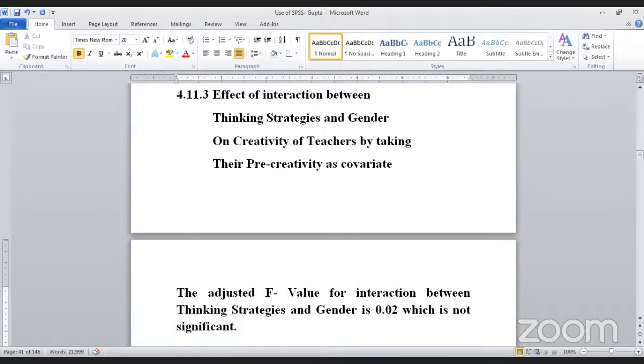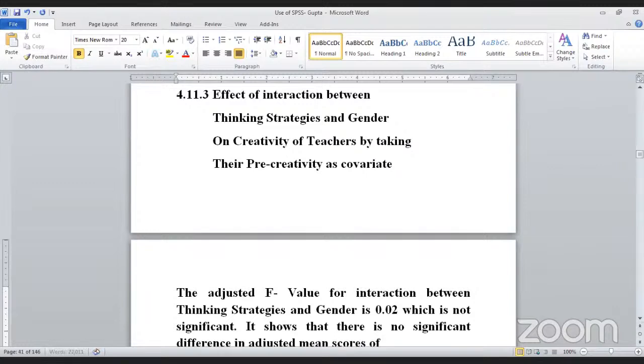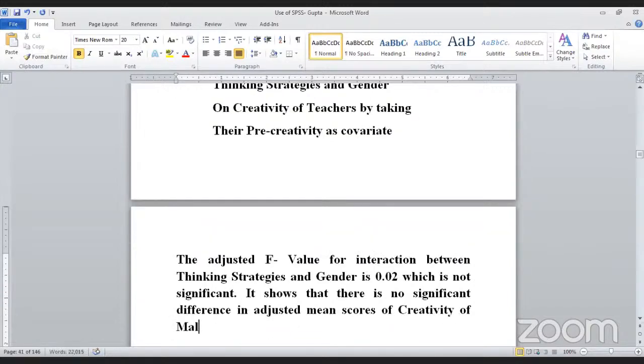So this is not significant. So it shows that there is no significant difference in adjusted mean scores of creativity of male and female teachers treated through